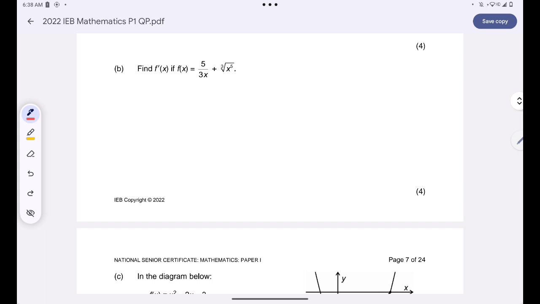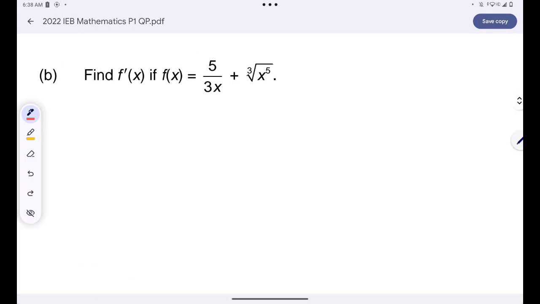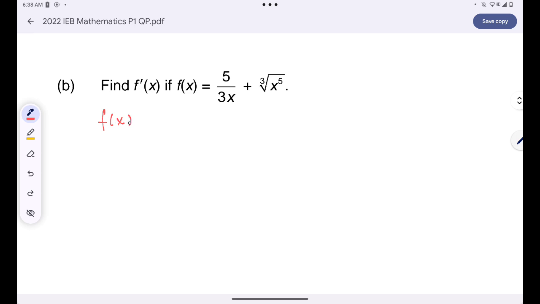How can I do so? I know f of x is equal to this. For me to move a term from the denominator to the numerator, all I need to do is to change its exponent. I'm just going to apply this exponential rule that whenever I have 1 over a to the power p, this can be written as a to the power negative p. So in here I can simply have 5 over 3 multiplied by x to the power negative 1